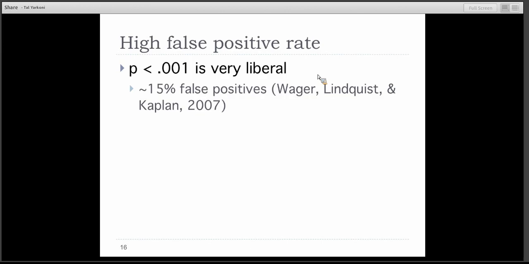Some meta-analyses suggest that probably about 15% of the activations that are reported in the literature are false. Now that's just taking the kind of the